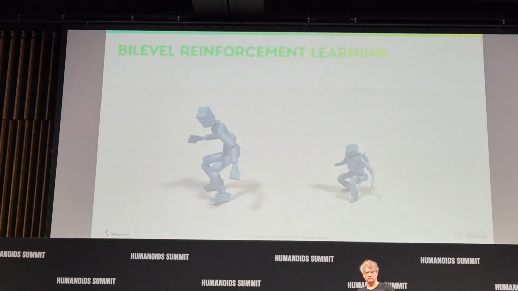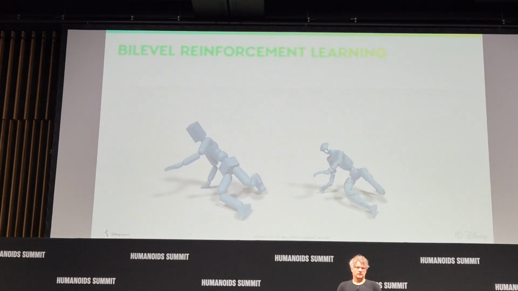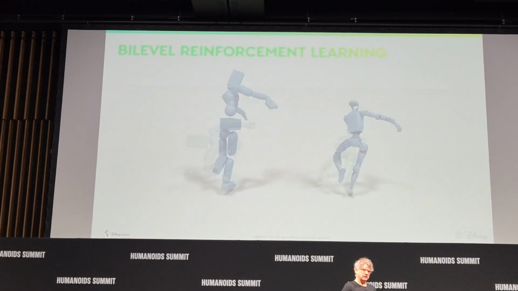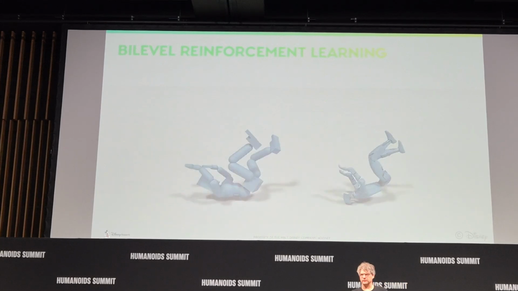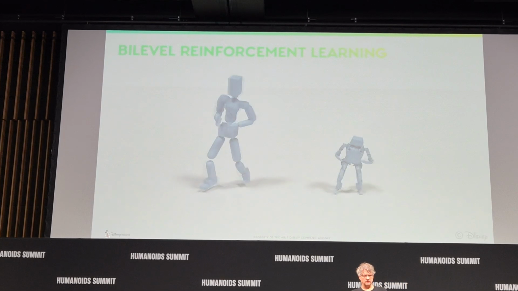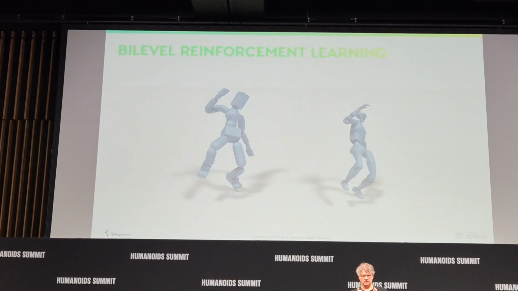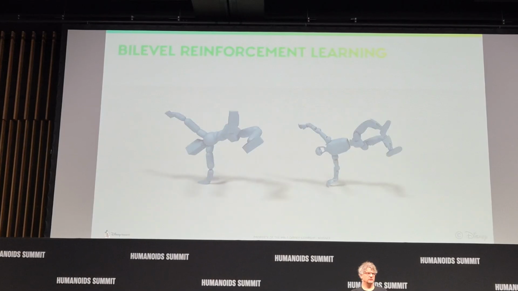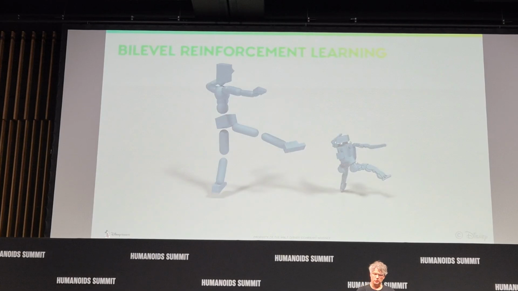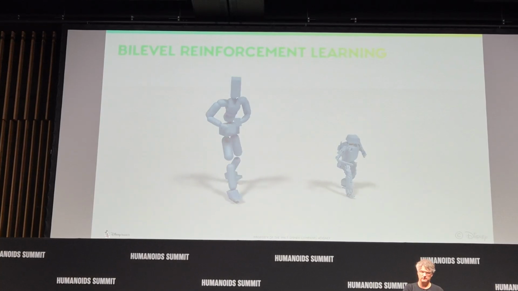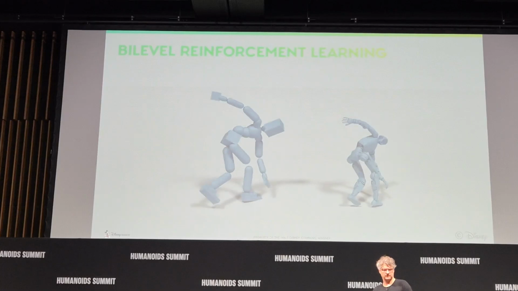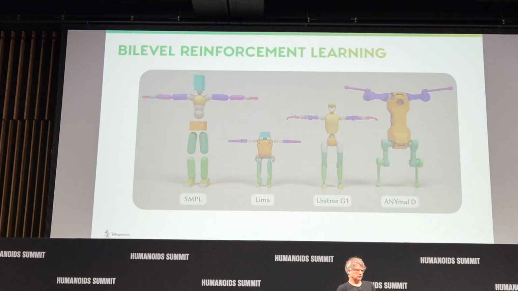It's basically a bi-level reinforcement learning where you train policies in an inner loop and have an optimization on top of that that does a really good job in retargeting. So you can see that we can take human motion and transfer or retarget that onto many embodiments, including a quadruped here. So you can get internet scale data onto these robots. The user input is actually very simple. You just have to